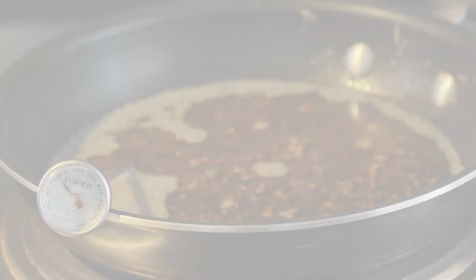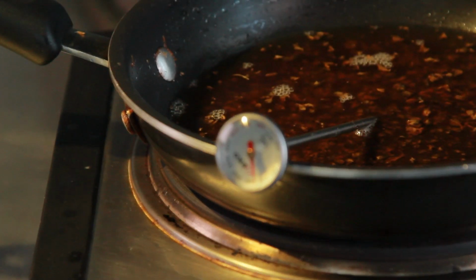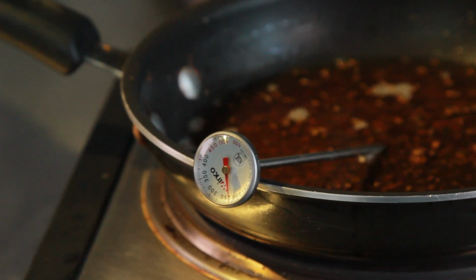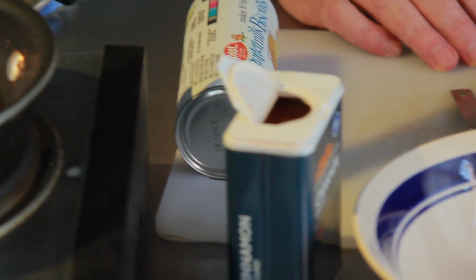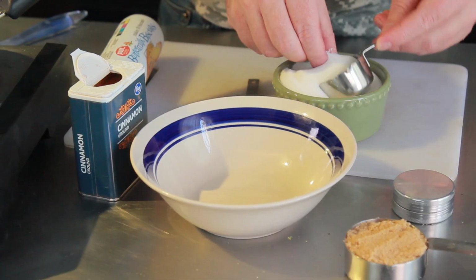And if your temperature gets higher than that, you see it's reaching up to almost 250 degrees here, you can tell one thing by the color of the butter and the oil and the activity in it. If that happens, you want to get it up off the heat and get the temperature down, and do not let it exceed 250 degrees at the maximum. So that's important. Make sure you monitor your temperature for that entire hour of the infusion and activation